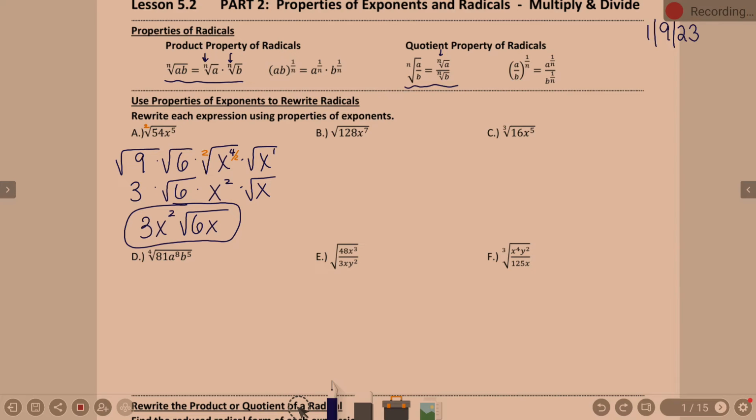Now, with that said, is 128 on my list? No, 128 is not on my list. So that just means, like we already talked about, it's not a perfect square. What I would encourage you to do,